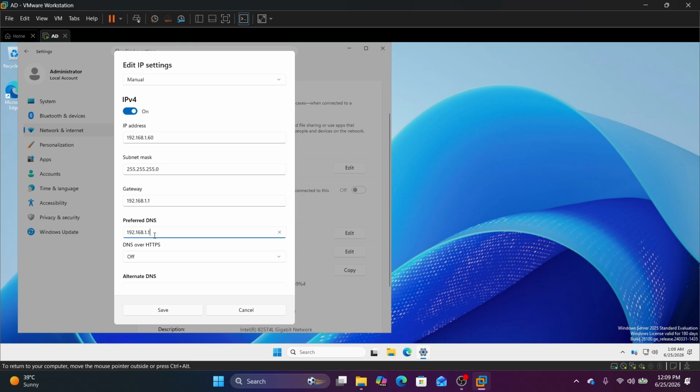And why are we making it static? We are making it static in case our router goes off, or our computer goes off, or our server goes off, so the IP address doesn't change. So if we make this static now and our network goes off, our router goes off, or our computer goes off, and we turn it back on,